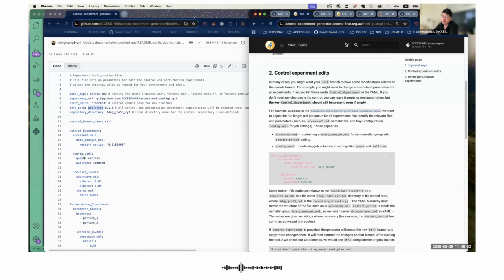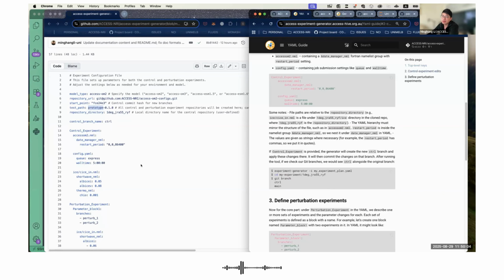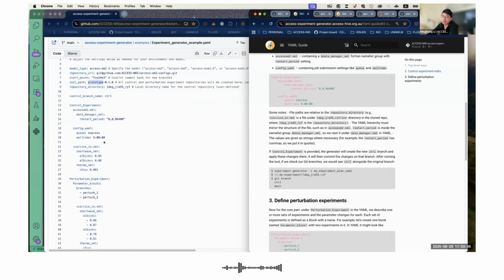And similarly for the Payu configuration.yaml, we change the queue from normal to express and change the wall time to 5 hours for this case. And just some notes here. As you can see in the following, the config.yaml and the